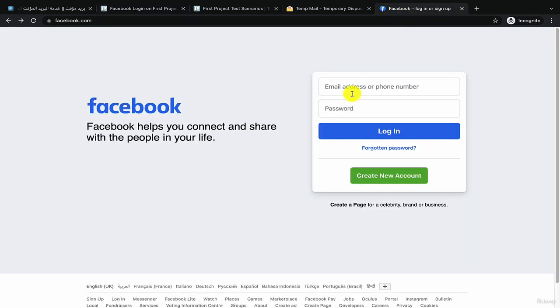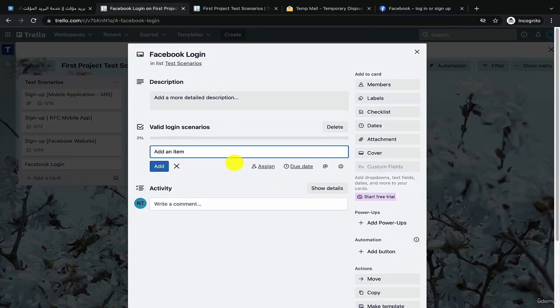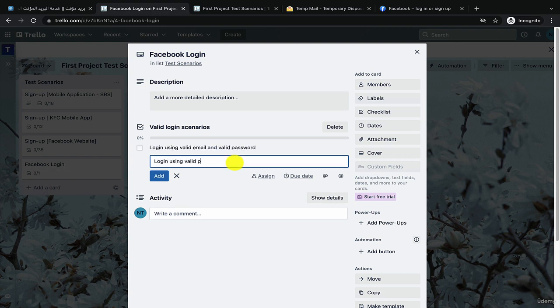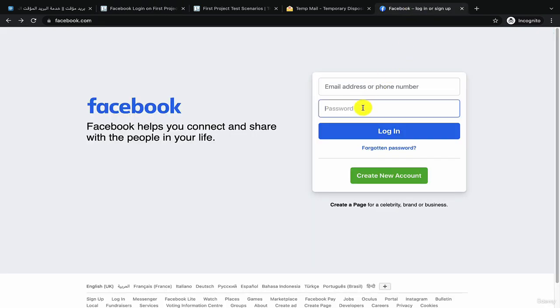We have valid email and valid password, valid phone number and valid password. So let's first write login using valid email and valid password. Okay. Login using valid phone number and valid password. In the phone number test case or test scenario, we have two forms of valid phone numbers. One with the country code and the other one without country code. For example, in Egypt, I can write my phone number in this format. I can say, for example,